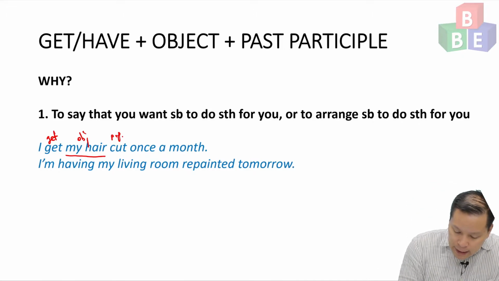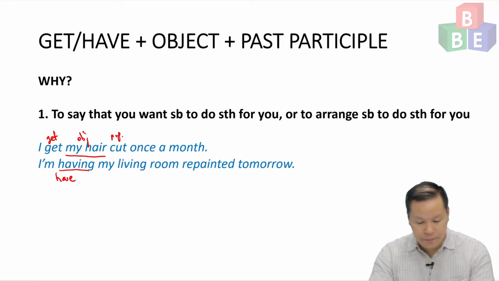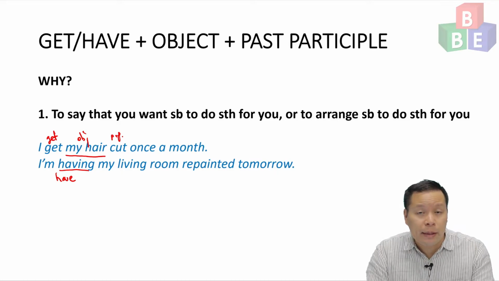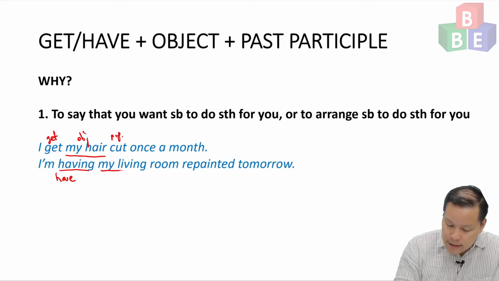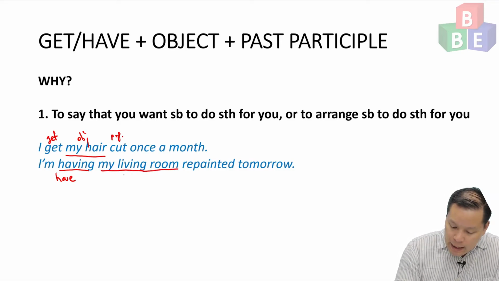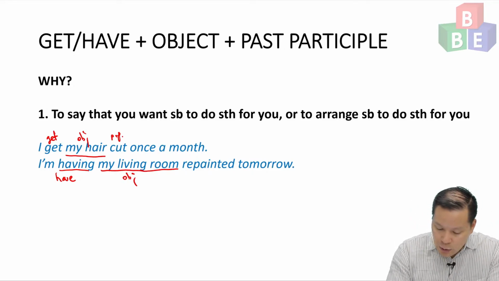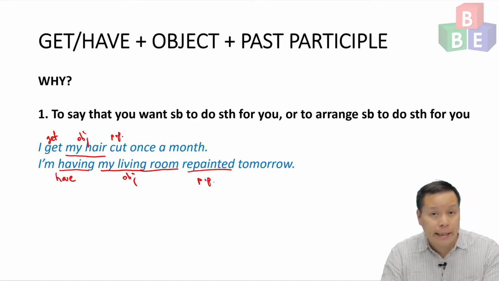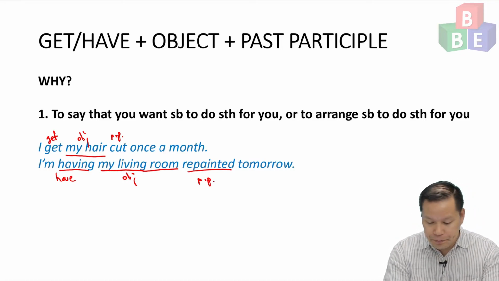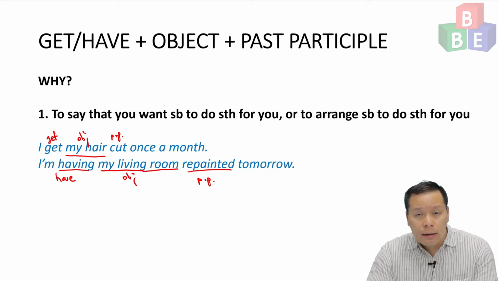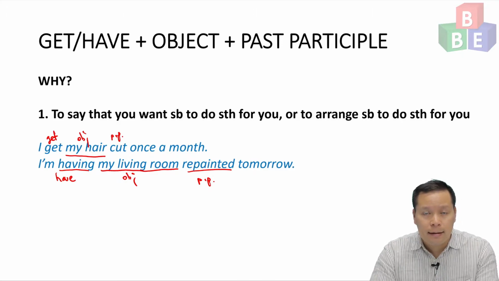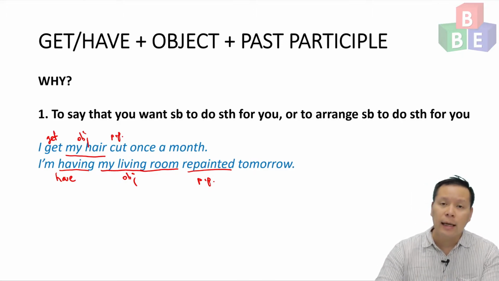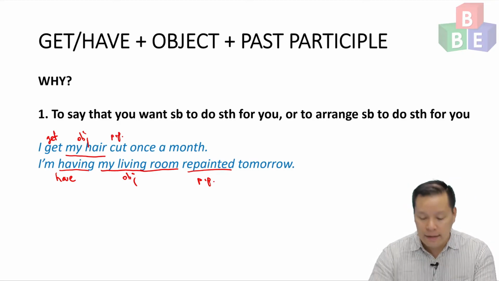So here I'm using the have verb in the present continuous form. And I'm only using present continuous here because it's a future arrangement. It's happening tomorrow. The object of this sentence is my living room. And the past participle verb is repainted. This is a regular verb. Paint, painted, painted. So in this example here, I have decided to contact some professional painters. I've organized for them to come tomorrow, and I'm going to pay them some money so that they will paint